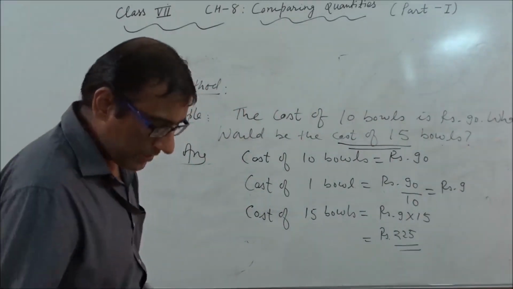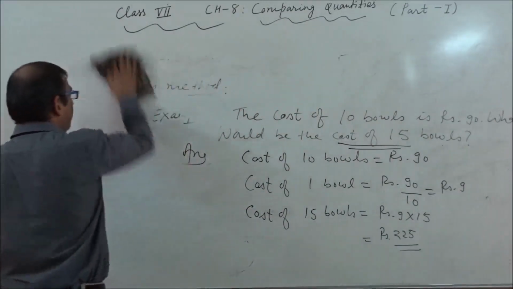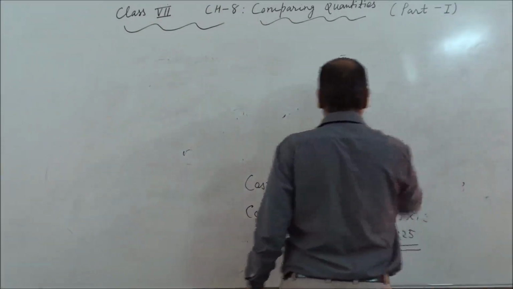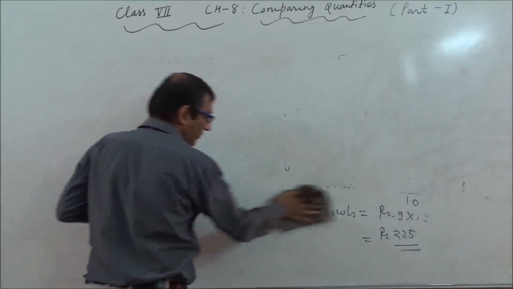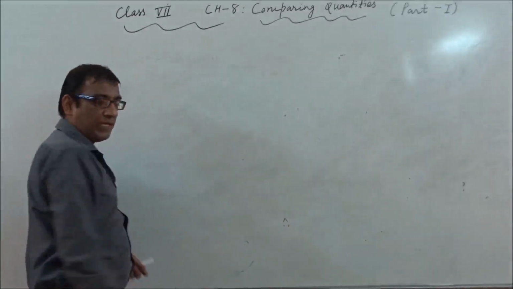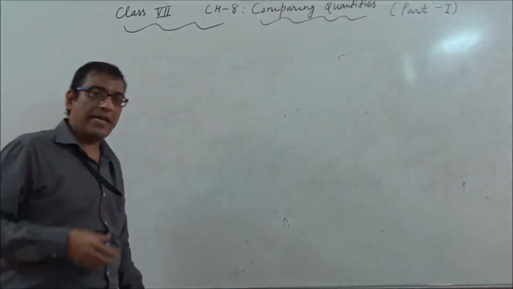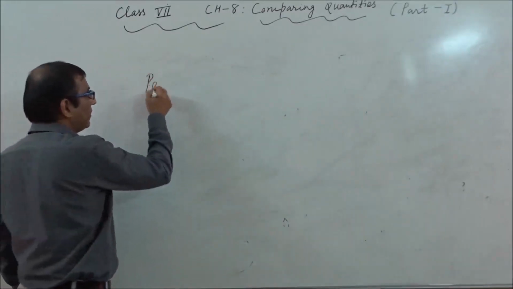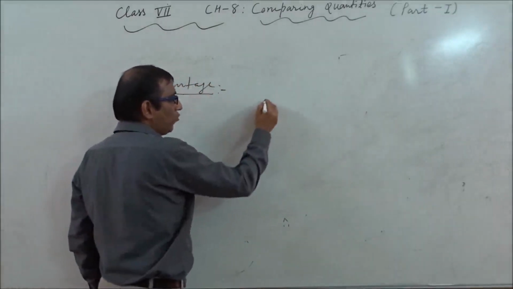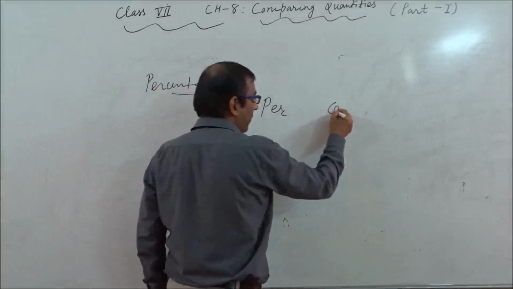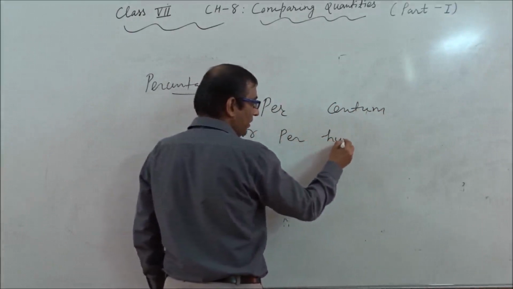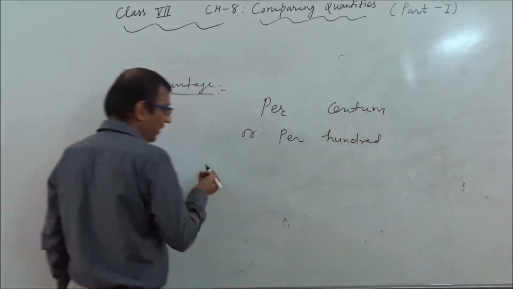After the unitary method, now I am continuing with one important concept, which is related to percentage. Generally we hear this word percentage whenever some result is declared, or someone asks us, what about the percentage? Then we tell, yes, I am getting 70%, 80% and 90%. So what is the meaning of percentage? Basically percentage is related to two words, per and centum, or we can say it is related to per 100.